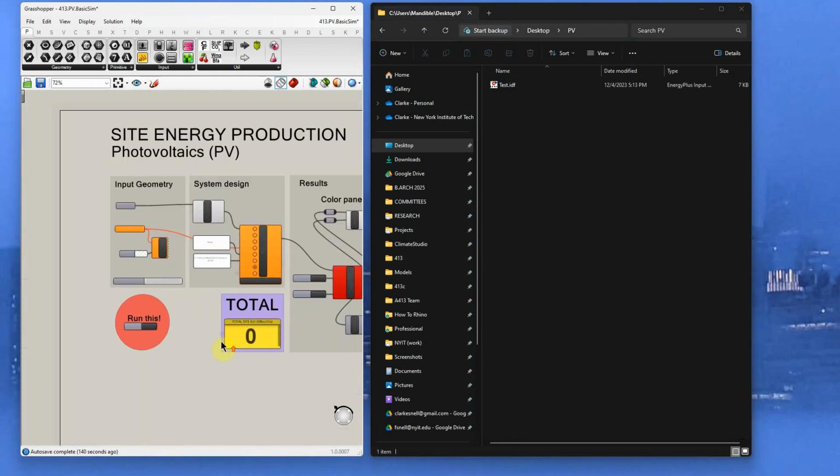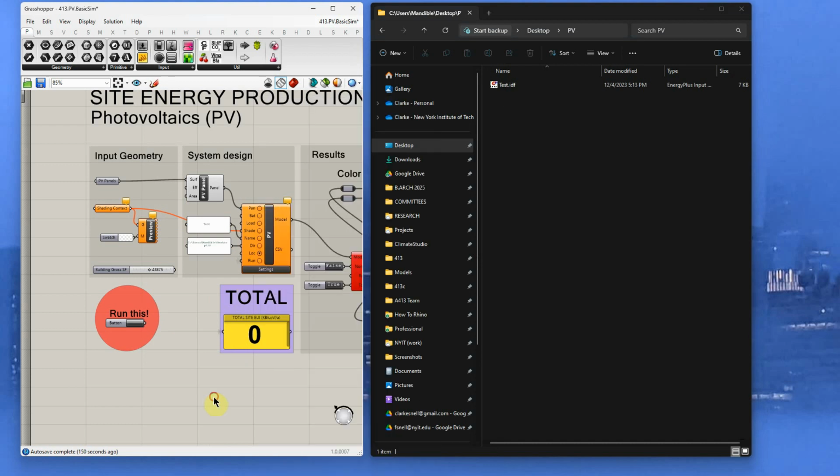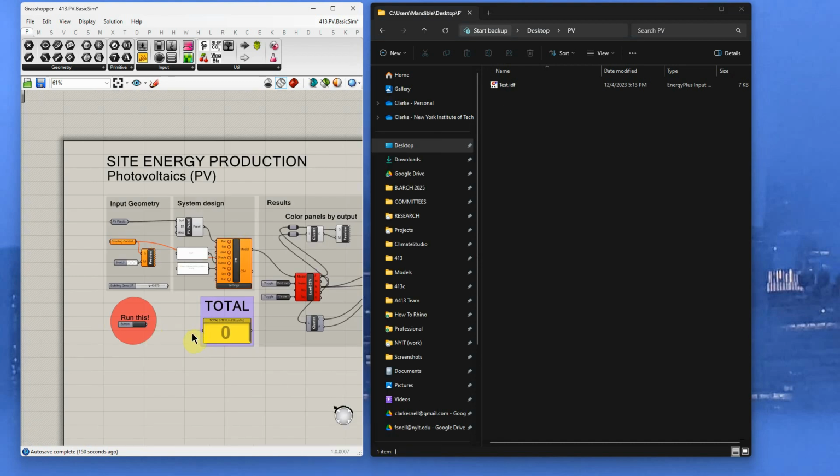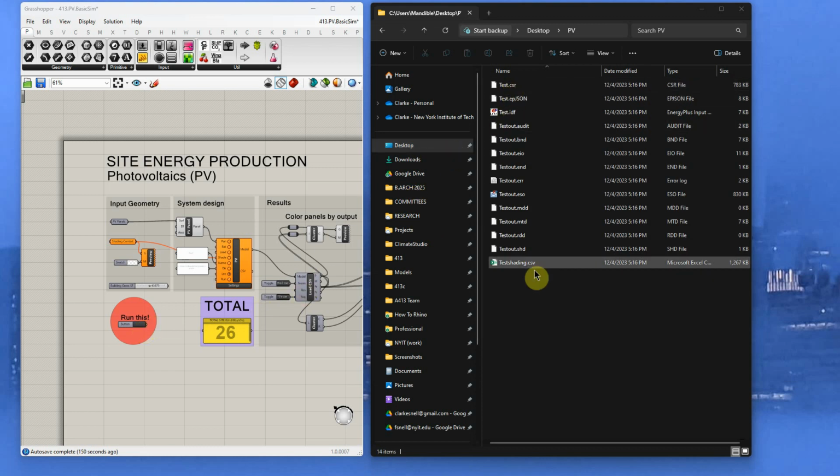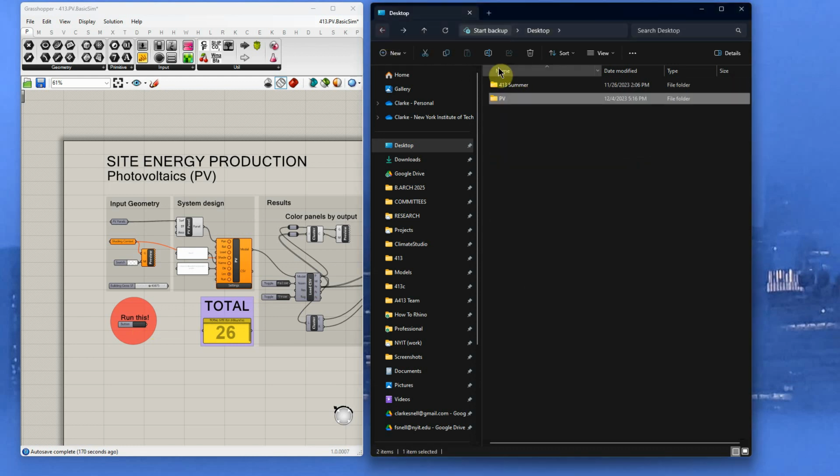But now if I run it, and I definitely have to have a location chosen, if I run it, it disappears. And now it populated this whole folder with all these other files which it needs, and one of them is the CSR, which is what we're looking for. So if I delete this,